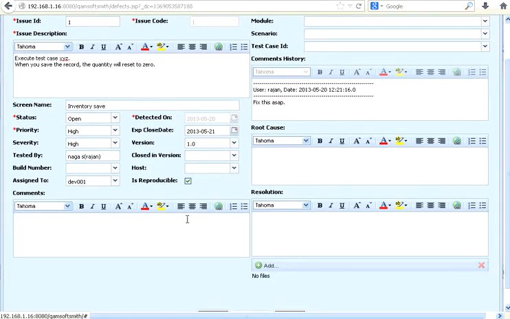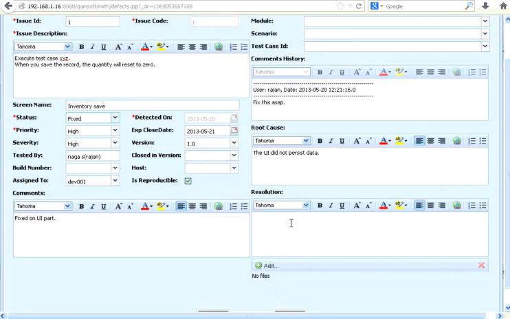The developer changes this from open to fixed status, and provides his comments: fixed on UI part. Then he also adds a resolution statement, the root cause and resolution. Again, these are optional fields. Root cause: the UI did not persist data.